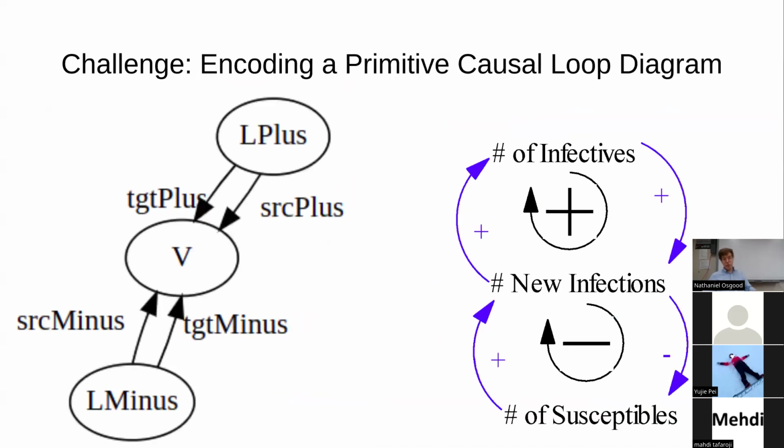Okay, so here's the challenge proposed. I'd like to encode this causal loop diagram as a primitive causal loop diagram using a schema. We're going to have a plus loop up here. We're going to have a minus loop down here. And we're going to put aside for the moment the actual labels on this and focus on the structure. So this could be a plus loop, and each of those loops is going to have two